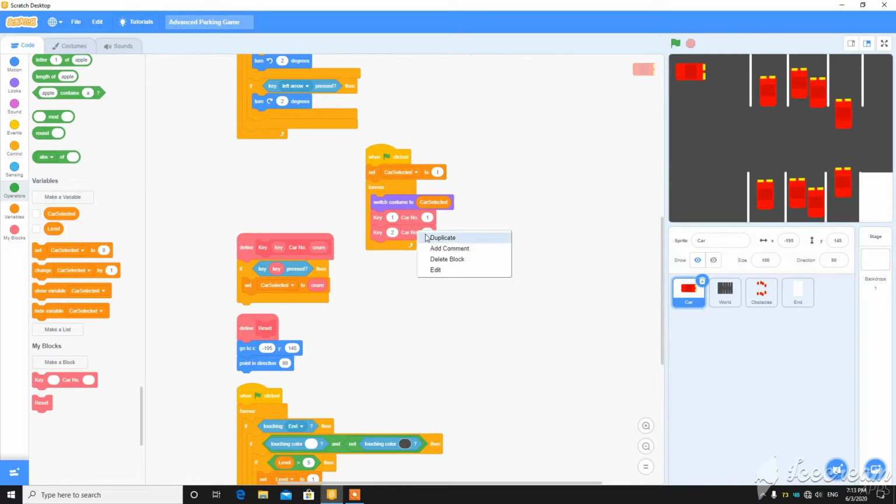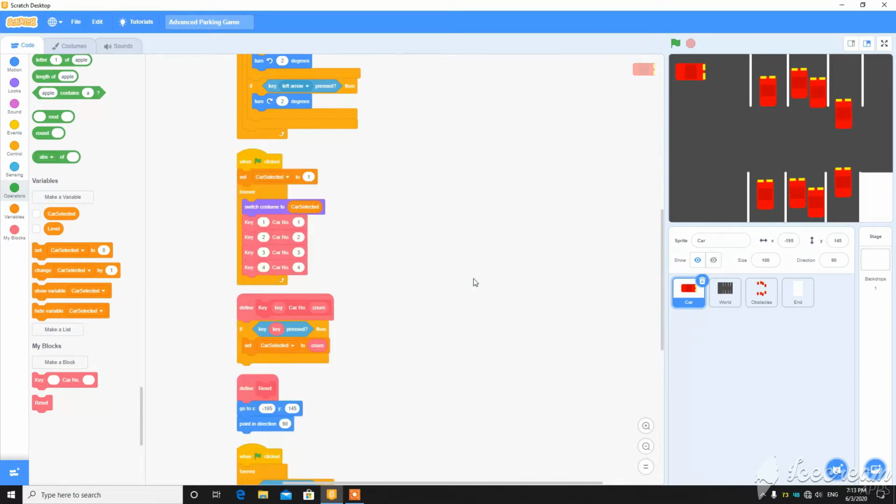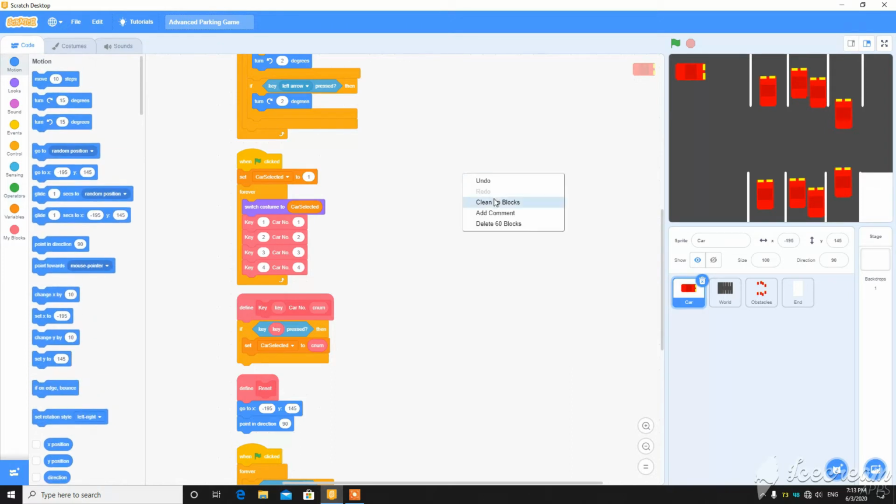Repeat this for the number of cars you have. I have 4 cars, so I have made this 4. So you can see when I press 1 it is the red car, then 2 is the blue car, 3 the green car, and 4 the cop car.